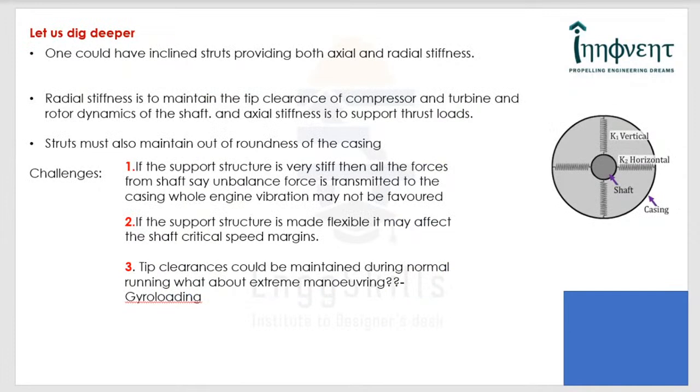Now, the bearing support structures can be inclined struts. That means they also would have axial stiffness. Now, the radial stiffness is used to maintain the clearance and to ensure the rotor dynamics of the shaft, and the axial stiffness is used to support the thrust loads. Because if you look at a typical compressor and a turbine setup,